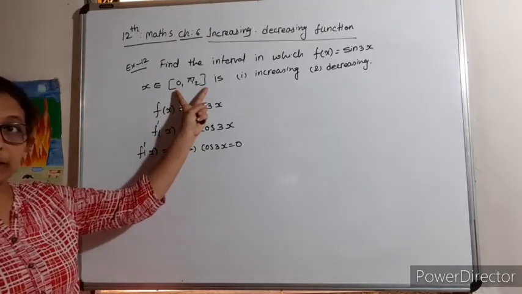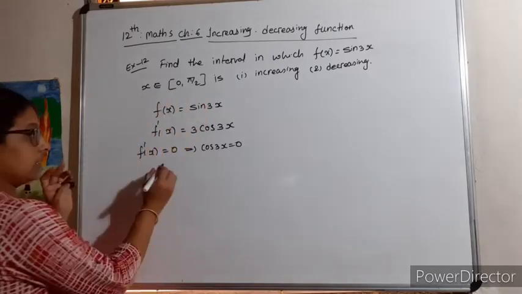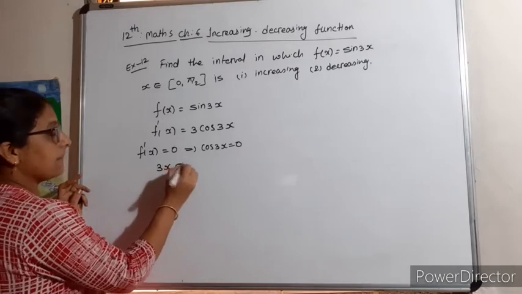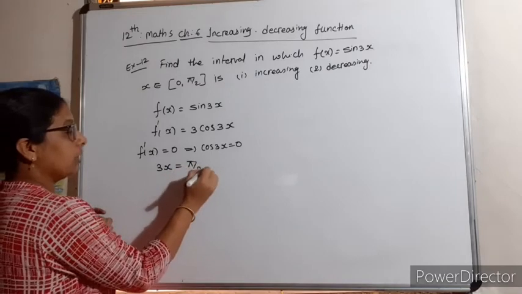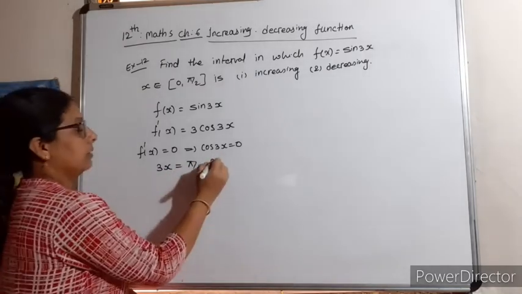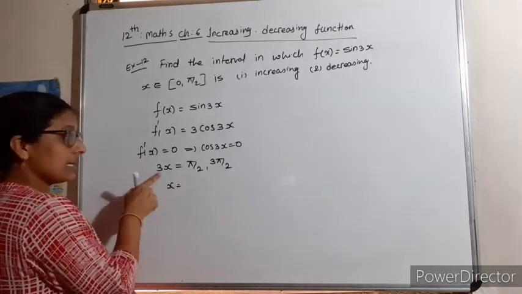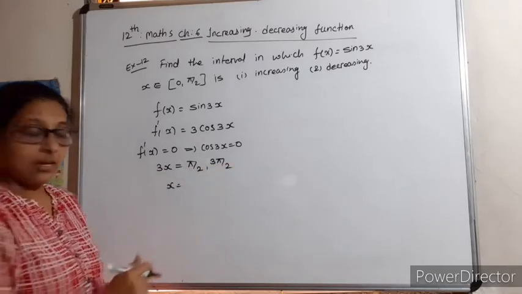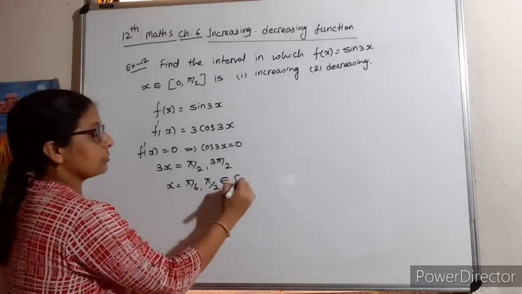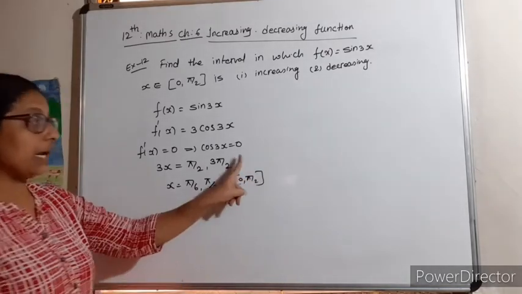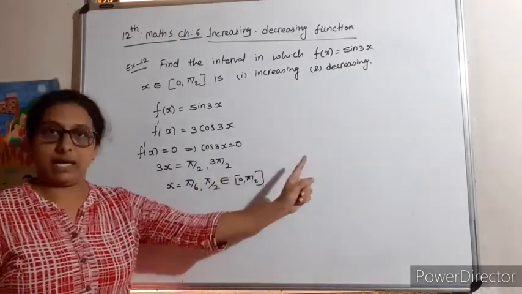0 to pi by 2 में only, right? So what we can take in 0 to pi by 2, what you can say? It is 3x belongs to... Okay, you can say 3x is equal to pi by 2 and 3 pi by 2. Why? Because जब ये लेंगे तो x is equal to, यहाँ divide by 3 होगा, तो x is equal to pi by 6 and pi by 2. So it belongs to 0 to pi by 2, आ जाएगा. If you take it as 5 pi by 2, then 5 pi by 6 does not belong to this. So we will not go ahead.